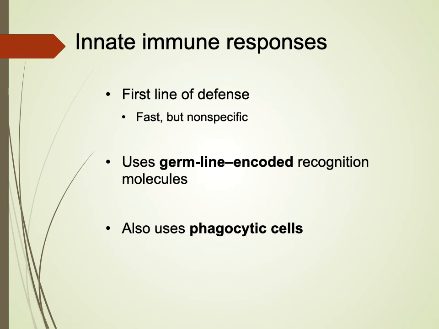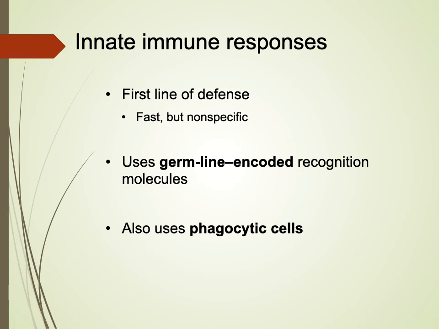So again, for the innate response, it's important to keep in mind that it's the first line of defense. So these barriers are created. So this gives it a fast response, but again, it's non-specific. Your innate response from your gut doesn't know the difference between E. coli versus Salmonella. It just knows it's not supposed to be there, or it's not supposed to be there at those levels. Like, this is not me, and we need to start sounding the alarm and taking care of that, right?